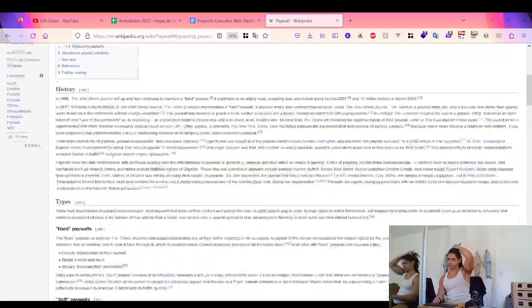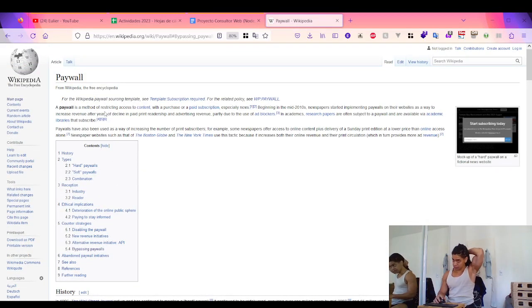So in any case, a paywall here is a method of restricting access to content with a purchase of a paid subscription, especially news, beginning in the mid 2010s. We're talking about the end or the recovery period from the 2008 bubble.